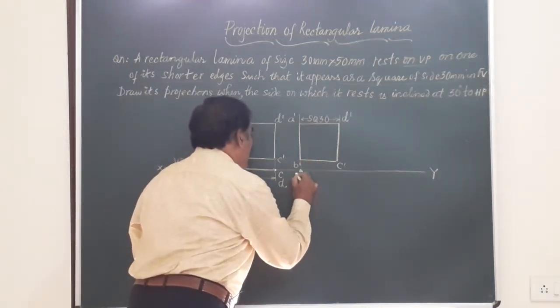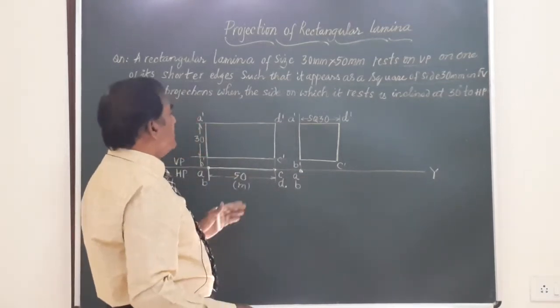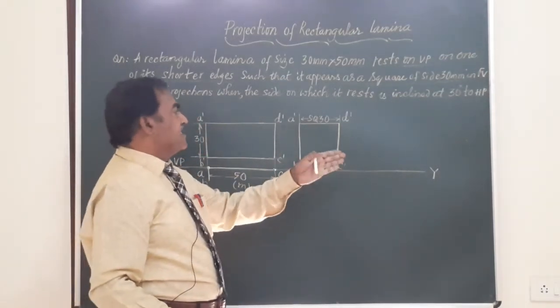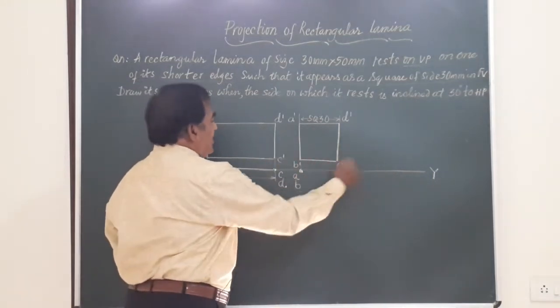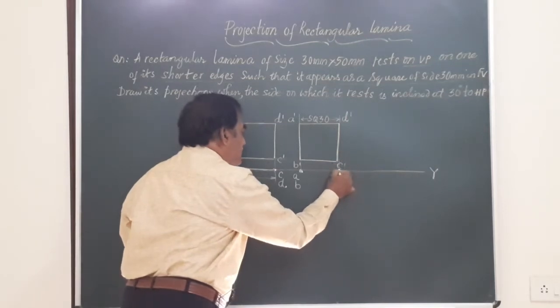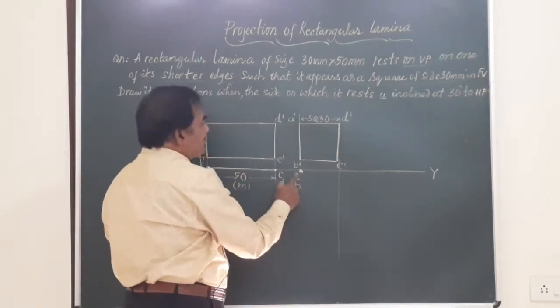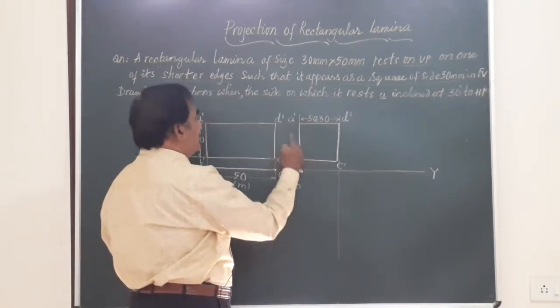So we are going to have this point AB here. And remember, when the surface is inclined, the front view is shortened, that is this width is shortened. Now I will write a vertical line through this CD. The position of this AB is fixed. So somewhere here you should get CD.